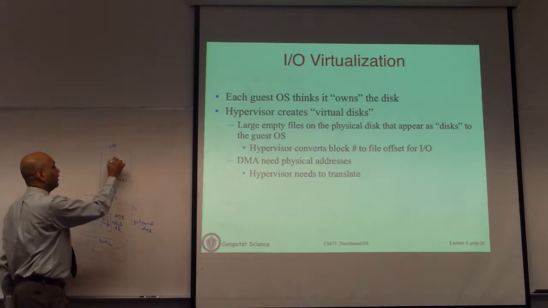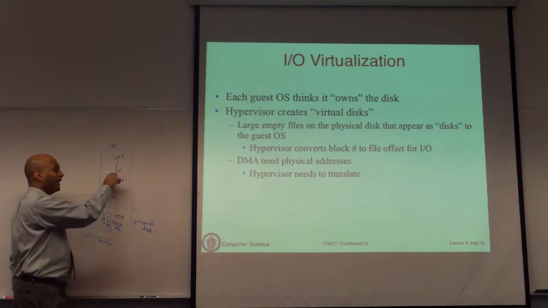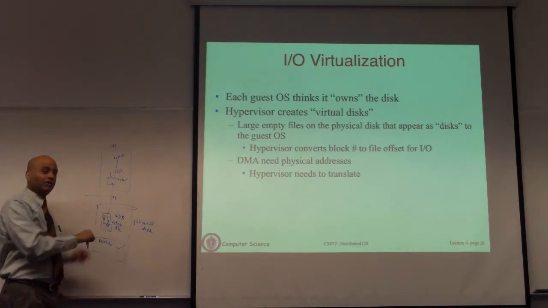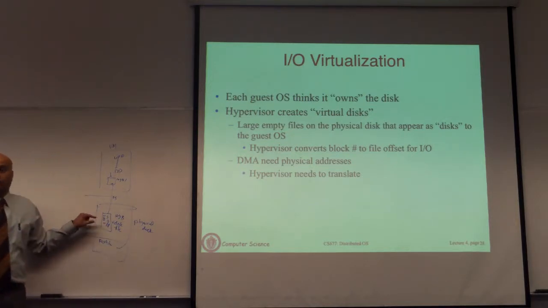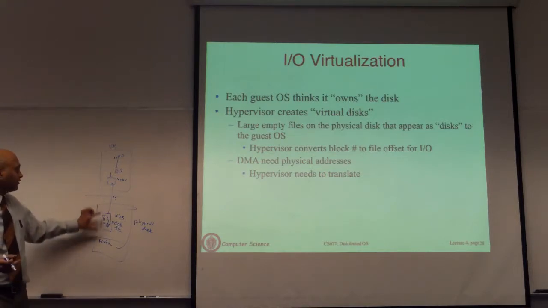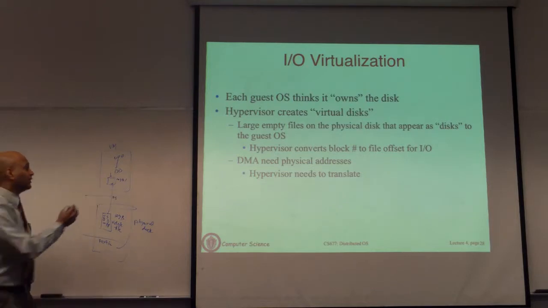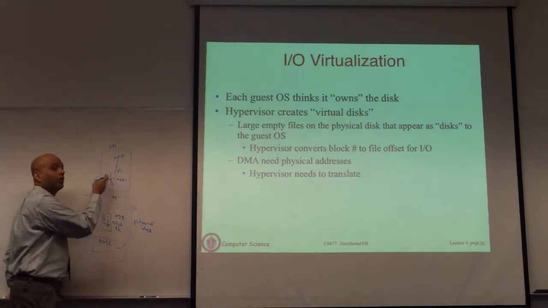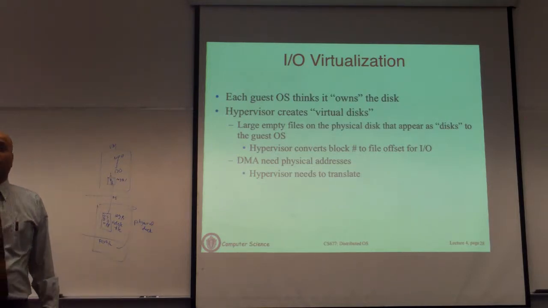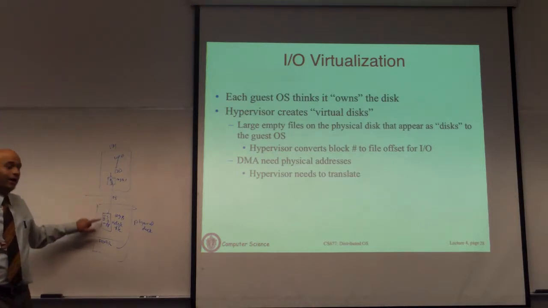So when an application here accesses a file, that file access is going to get translated into accessing some part of this virtual disk file. So you have to have this mapping because this entire virtual disk file appears as a real disk inside the VM. Inside this real disk is a file system where you're going to store lots of files. When you access any of those files, what is going to happen is you're going to translate that into actually accessing portions of this larger file.